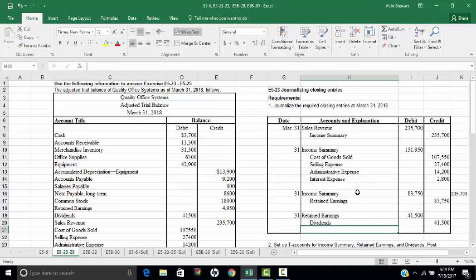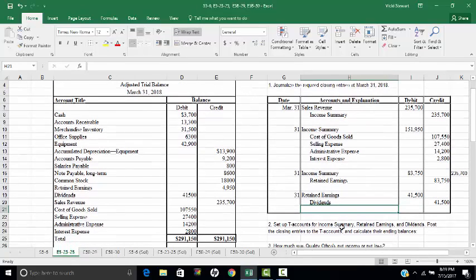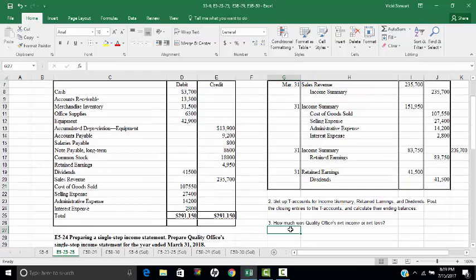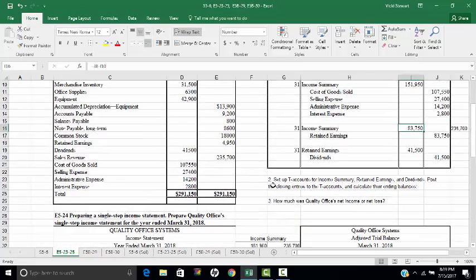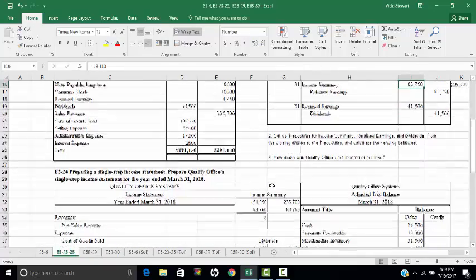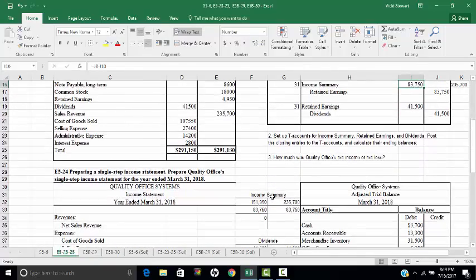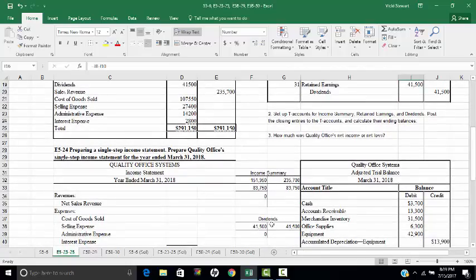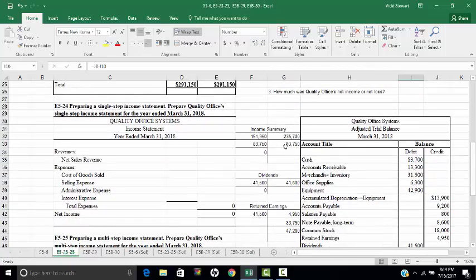The second part of this exercise says to set up T accounts for income summary, retained earnings, and dividends, and post the closing entries to the T accounts and calculate their ending balances. And the third part asks how much was Quality Office's net income or net loss. And we know that they had a net income of $83,750. I have each of the T accounts for income summary, dividends, and retained earnings shown here with the credit